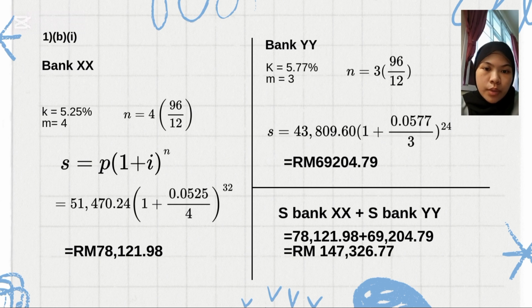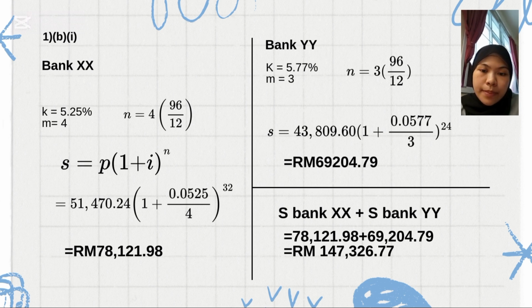So 51,470.24 open bracket 1 plus 0.0525 over 4 close bracket 32, and the answer is RM 78,121 ringgit 98 cent. While for bank YY, S equals 43,809.60 open bracket 1 plus 0.0577 over 3 close bracket 24, and the answer is